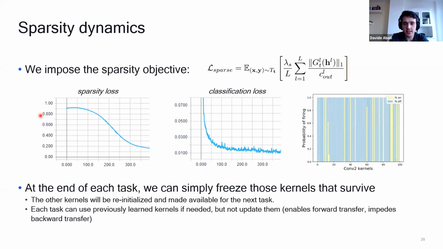Yeah, can you please repeat it? So if you have a data set, from the randomness of the data set you might find a specific probability distribution over what kernels are firing and what not. But if you have a different data set, but from the same task, maybe that probability distribution will be different, or maybe not. So now the question is, were you able to check this? And if yes, how were you able to check?